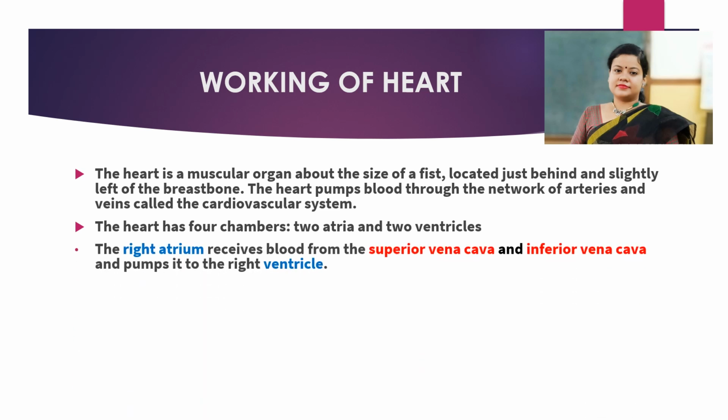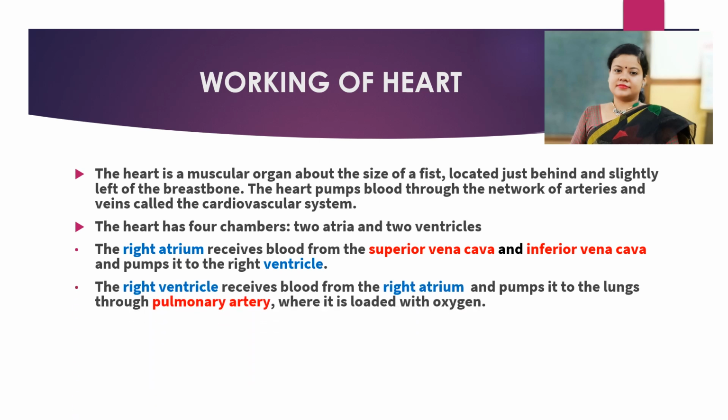The right atrium receives blood from the superior vena cava and inferior vena cava. These two are the main veins of the body and pumps it to the right ventricle. The right ventricle receives blood from the right atrium and pumps it to the lungs through the pulmonary artery. The pulmonary artery is the only artery that is carrying deoxygenated blood, where it is loaded with oxygen after reaching